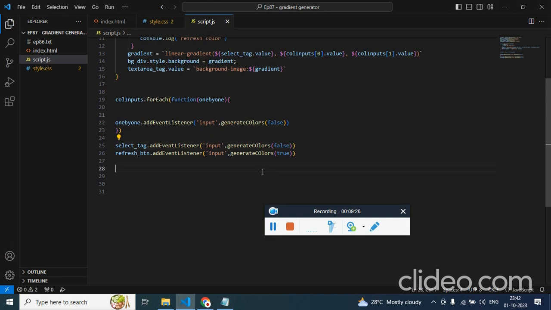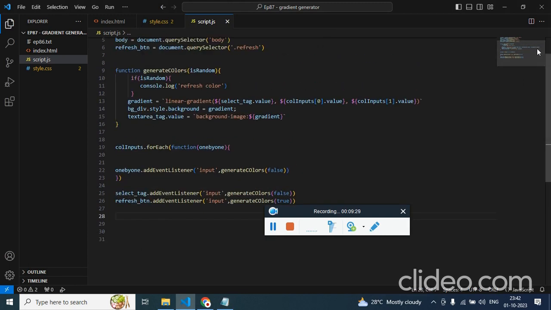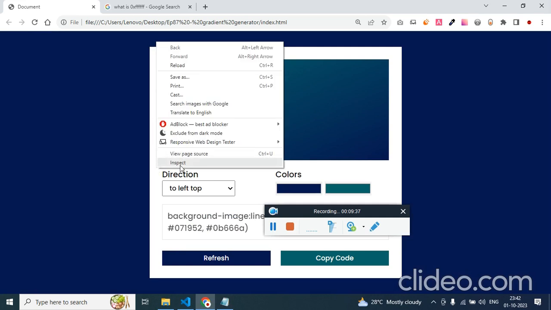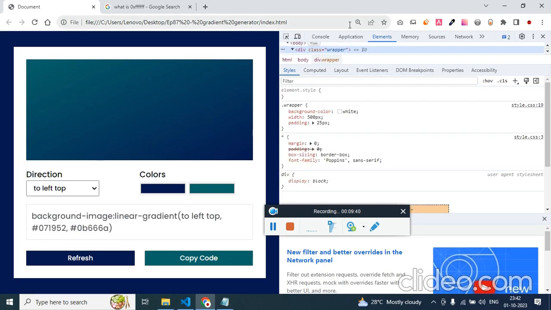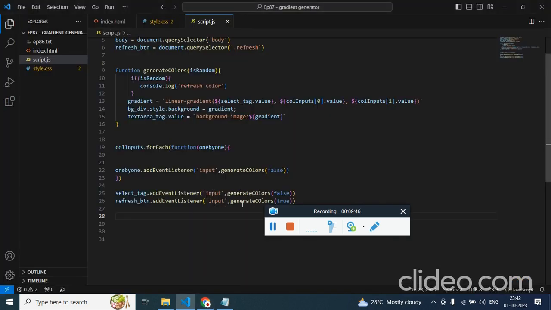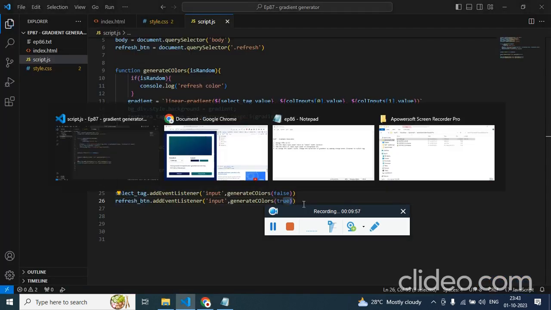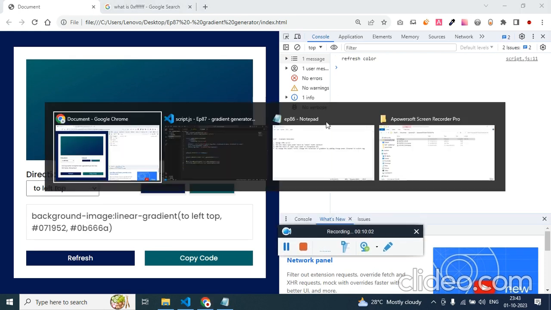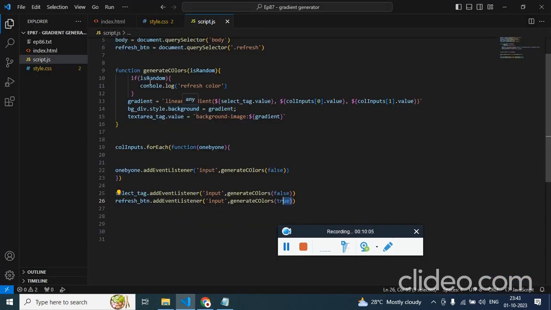So I'm writing this just to avoid creating another function. Now let's just use the console. If I click on the refresh button, and one more thing, if it is written in this way, nothing will get called, but if you write in this way, by default JavaScript calls it. Just a pro tip. Now, as I said, if it is true, then only